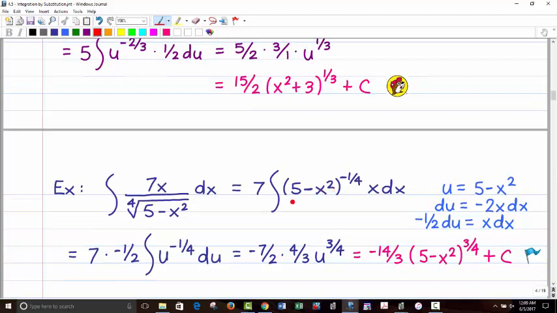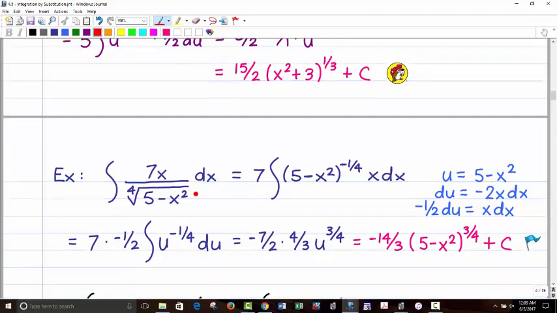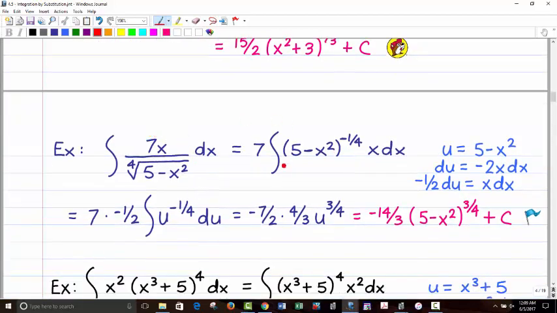All right, let's look at another example. So this one, once again, I pull the 7 out. I bring that radical up, so that's going to be a 1/4 power, but when you bring it up, that makes it negative 1/4 power. We have an x dx,